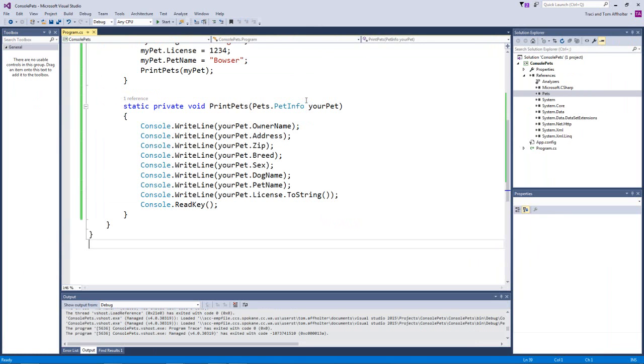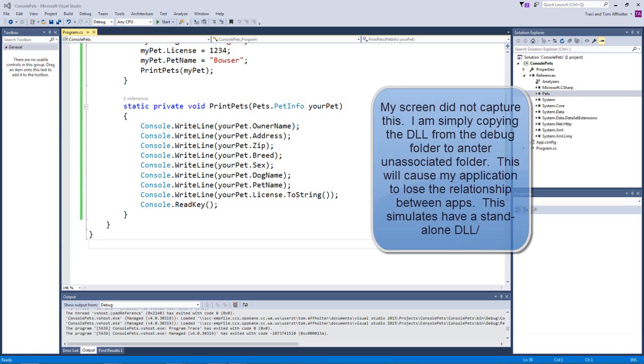Oftentimes you're going to buy these DLLs, or you're going to download these DLLs, or somebody's going to give you their DLL that they designed, and the moment that they give you that physical DLL, you can use it, but you cannot modify it at all. So an example of that might be, let's come back over here. I'm going to go into my file manager here. I'm going to go back into my pets object over here. I'm going to go deep into here, into my bin, my debug folder, and I'm going to grab that pets DLL right now. I'm going to copy him